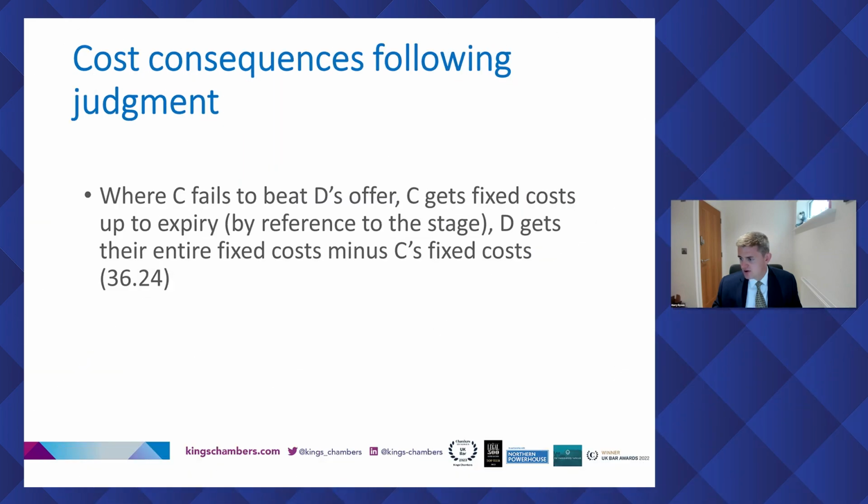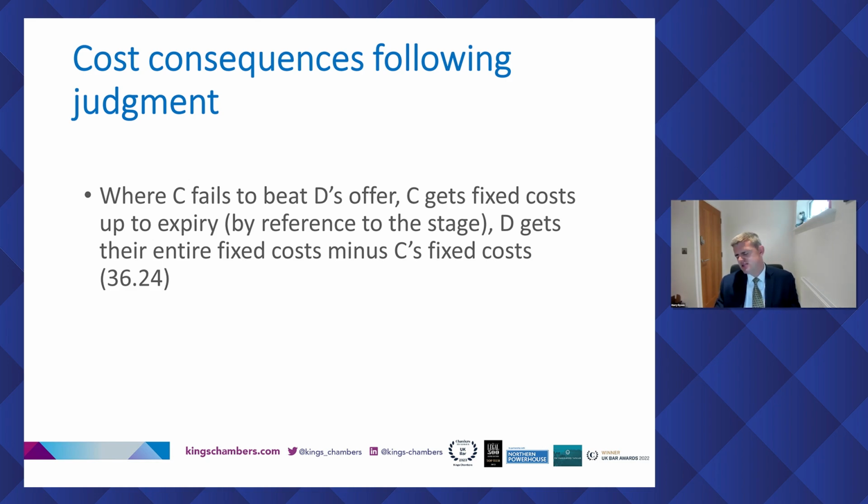Next slide, of course, that was all about offers. What about following judgment? Well, where the claimant fails to beat the defendant's offer, the claimant gets fixed costs up to expiry by reference to the stage, whereas the defendant gets their entire fixed costs minus the claimant's fixed costs as set out. So essentially, it will be an offset sort of exercise, and